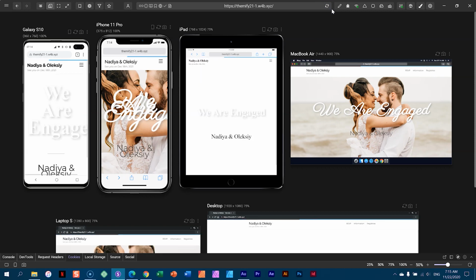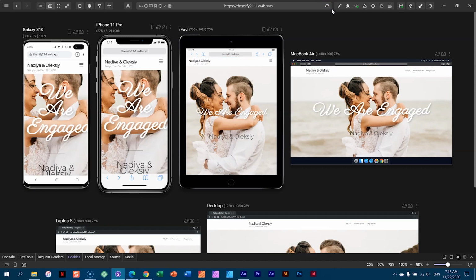And our tablet is going to look cool. And our mobile, instead of 2 lines, and even Nadia and Alexi, looks like this. What's going on here? The secret or the answer lies in the resolution of your display. Let's look at these 2 mobile devices. And I know you're thinking this has got nothing to do with Themify, but it's got everything to do with